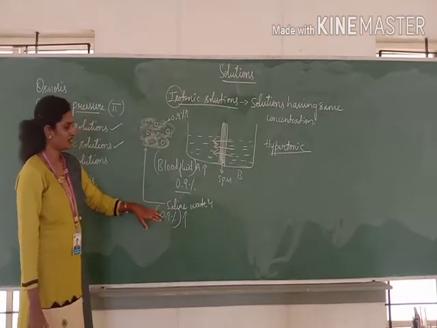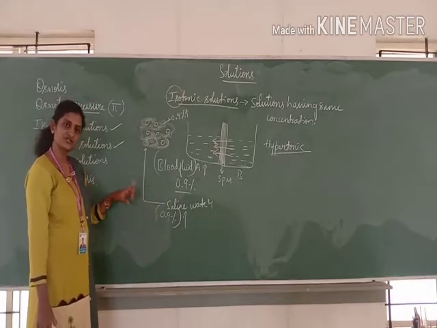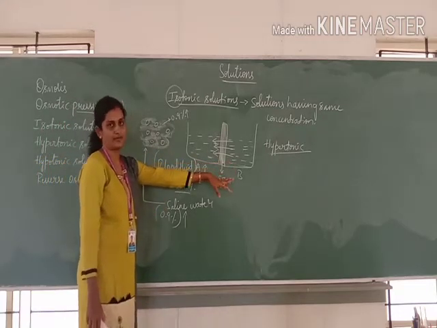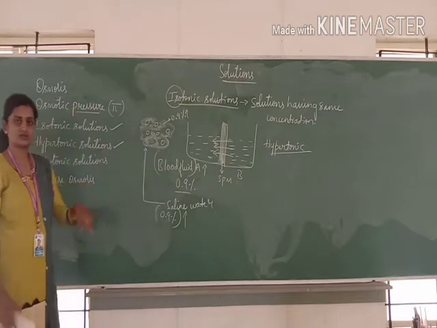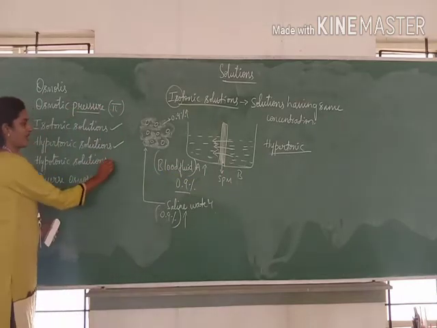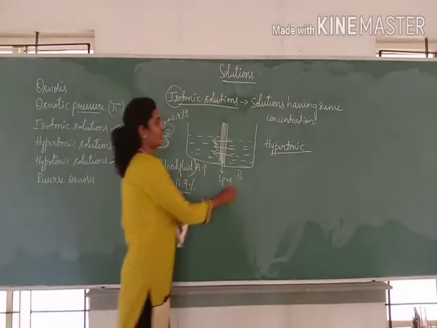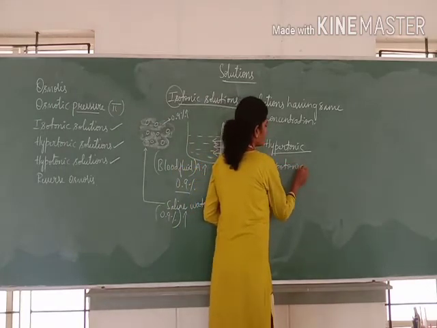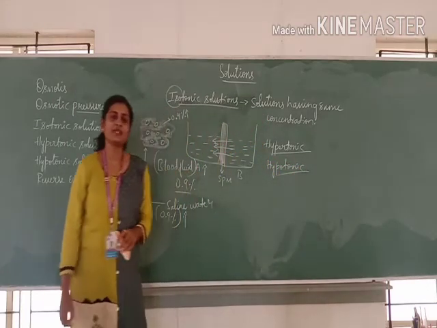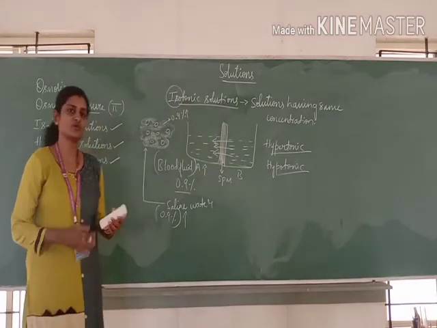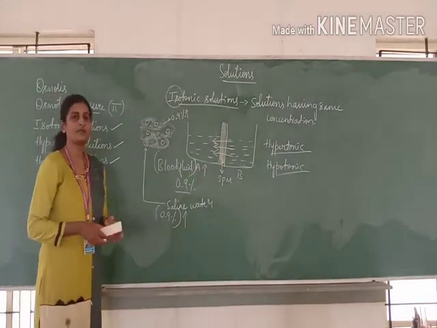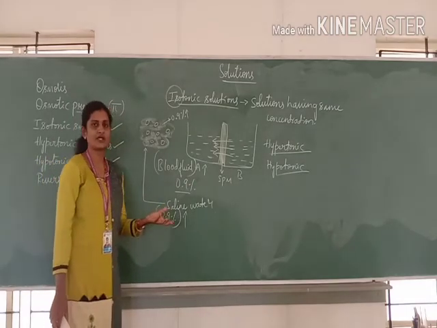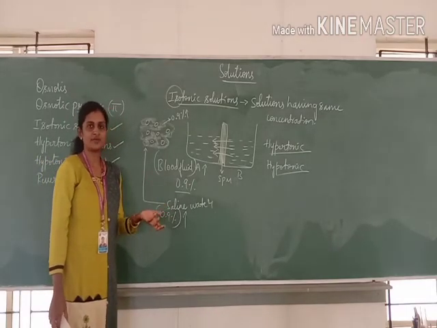So, understood? If one solution's concentration is greater than the other, then it is called hypertonic. Similarly, opposite to hypertonic is hypotonic. Okay, hypo means less. For this you can take a simple example, dry grapes. If we soak dry grapes in fresh, very plain water the whole night, what happens in the morning? All the grapes will be oozing out.